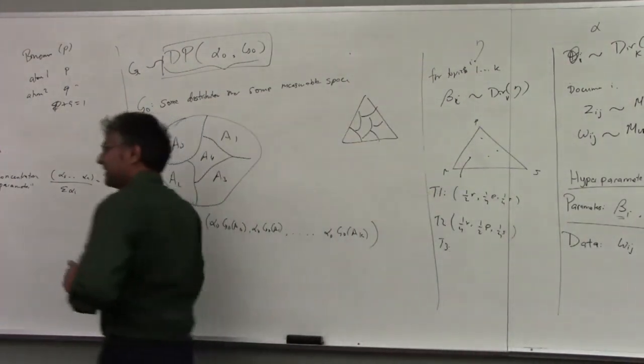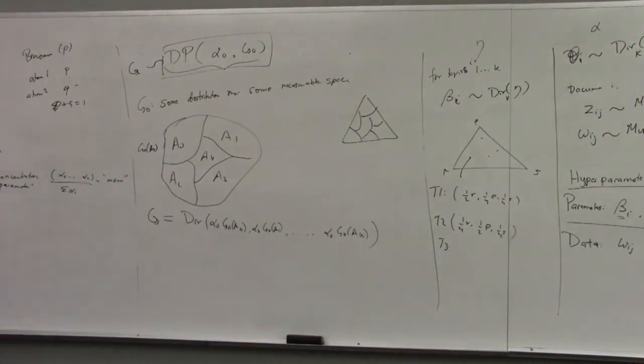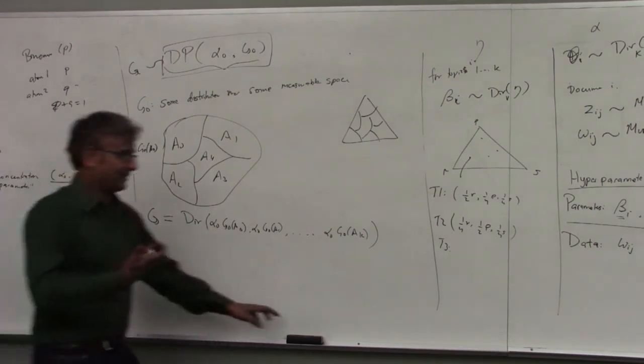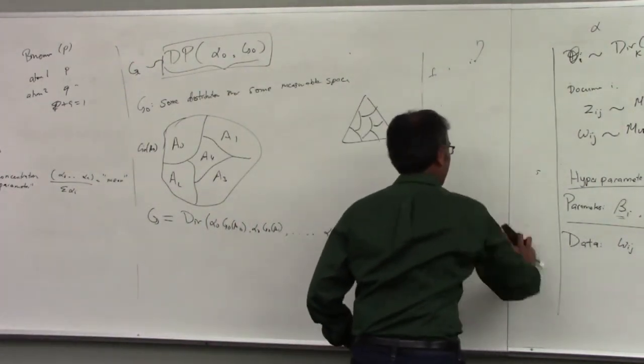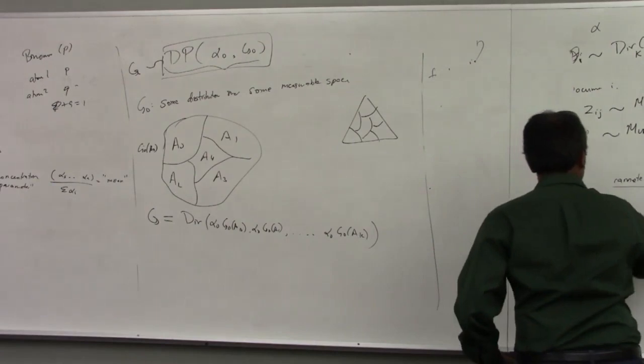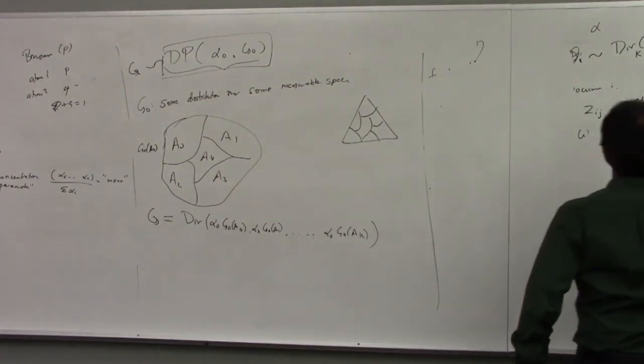Okay, so I haven't really said anything yet because I have no idea whether this object even exists or not. It's not clear to me how to even produce such an object. But the beautiful thing about this Dirichlet process is that you can actually write it down explicitly. I can tell you how to write this down, and I can tell you how to sample from it. And that's the cool thing.